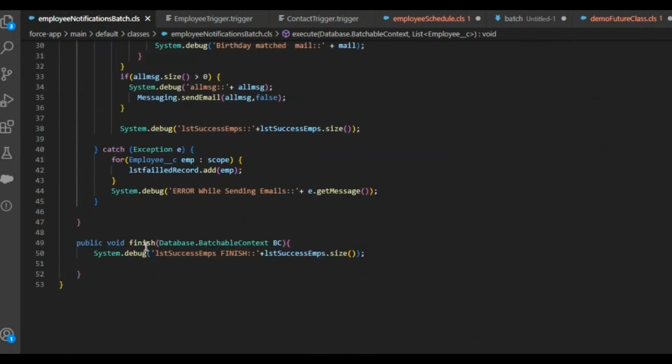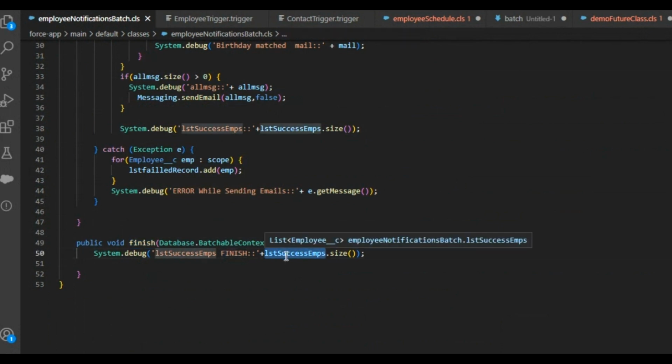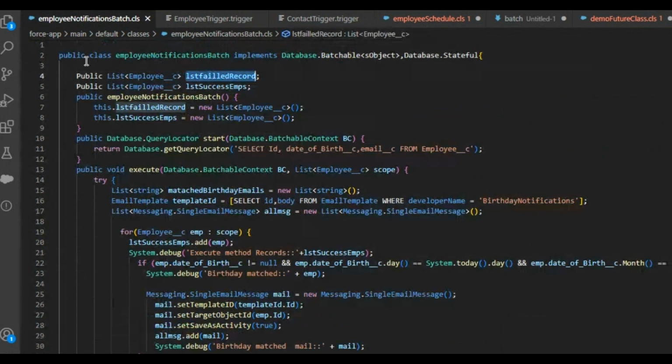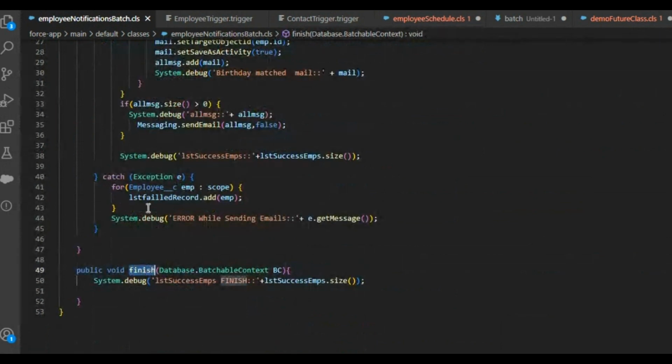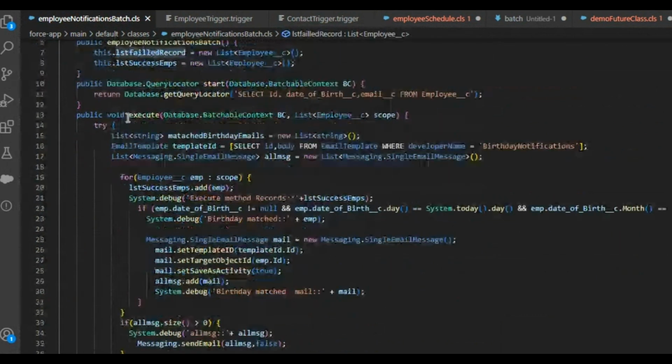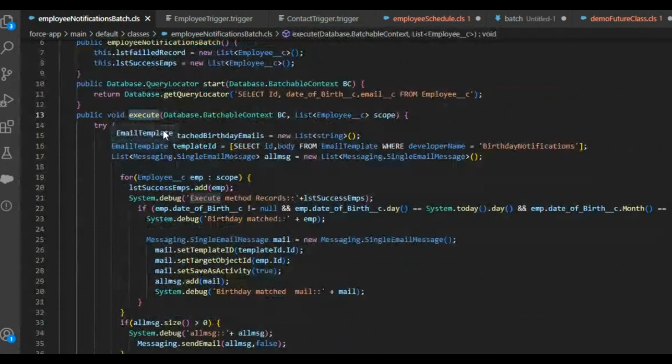Also in the finish method, you can understand how many were successful and how many failed, right? So to maintain everything about the variable across your batch, from the start method to the finish method, if you want to maintain the values across the board, you have to use Database.Stateful. If you don't use it, your values will be reset, and it will be executed according to your execute method. Okay,